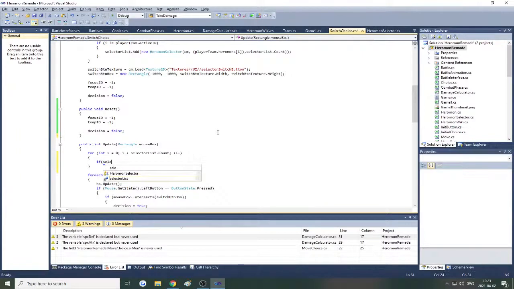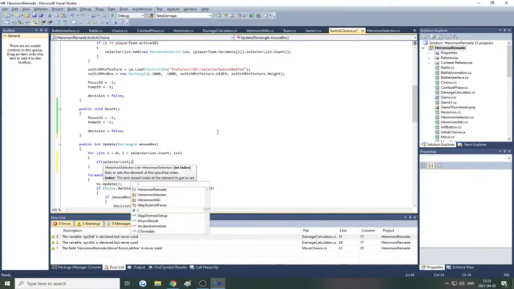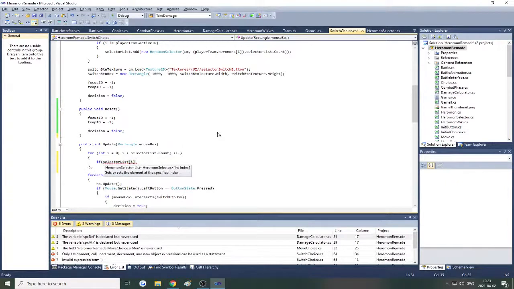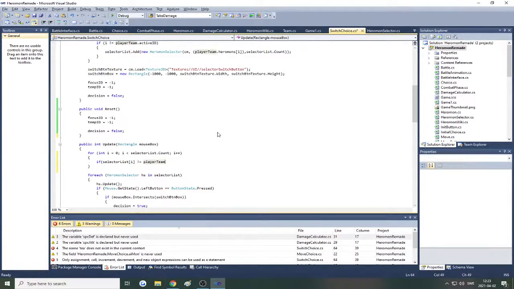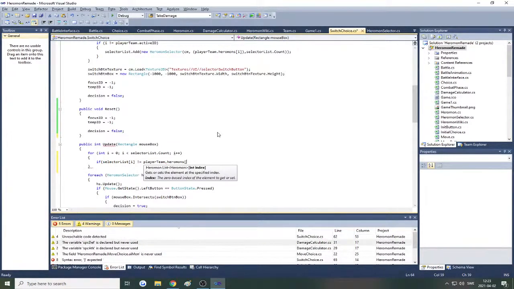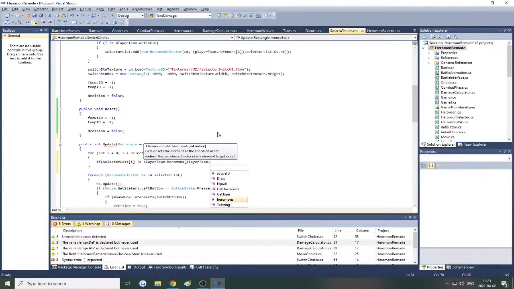If selector list at I isn't equal to player team Heromons player team dot active ID